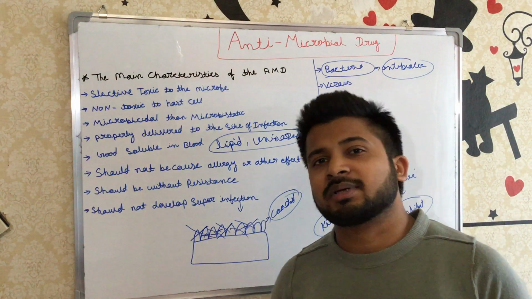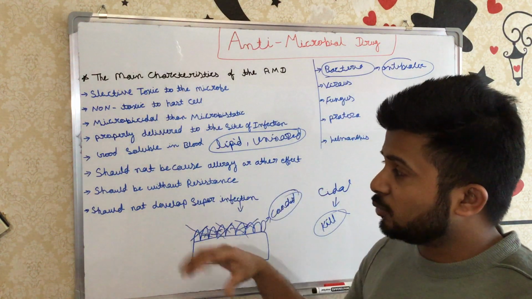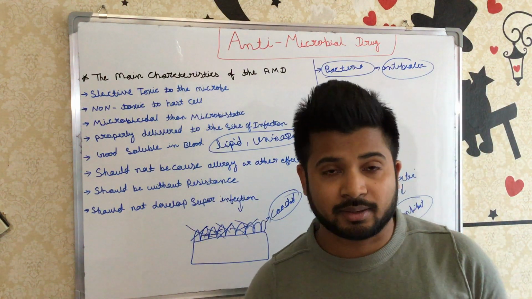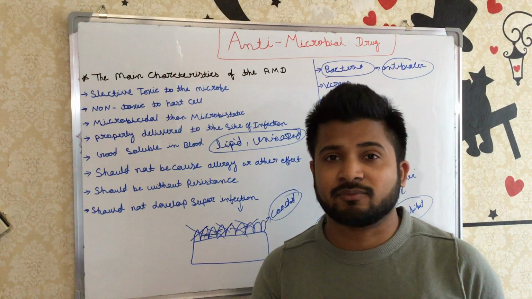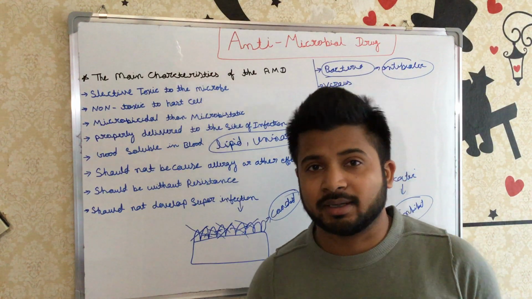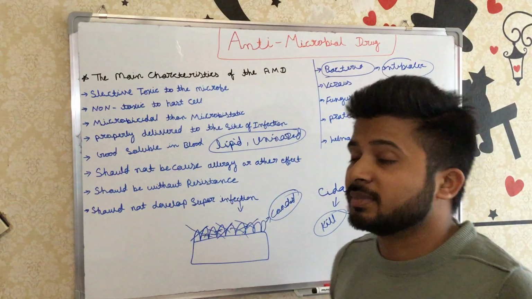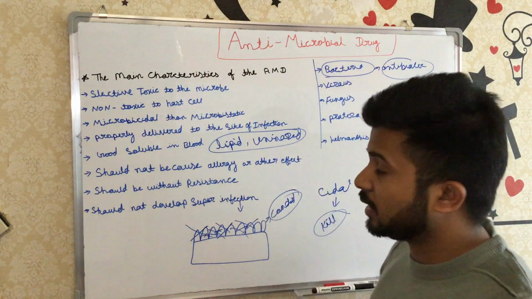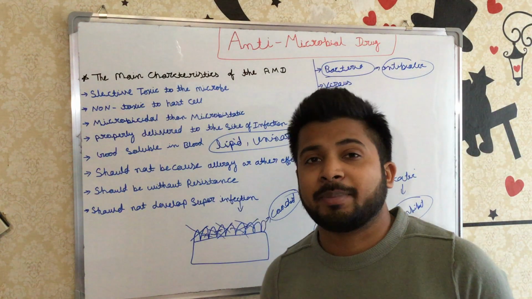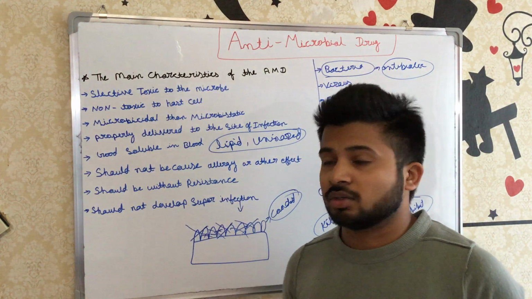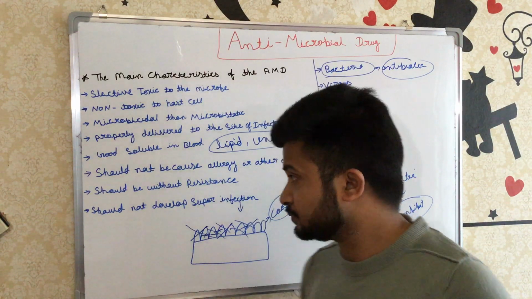Then obviously, if the drug is not lipid soluble and not unionized, it will not be good for the person. For example, for a person suffering from meningitis, we have to give a drug that penetrates the blood-brain barrier, because the infection is in the brain. Through the CSF, cerebrospinal fluid, the drug goes and kills the bacteria. If the drug is water soluble, meaning hydrophilic, or ionized, meaning charged, it will penetrate the blood-brain barrier very poorly and will not affect the meningitis.